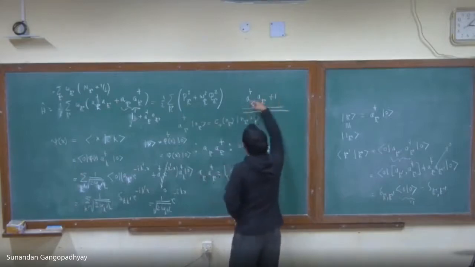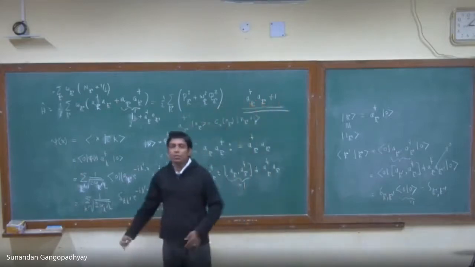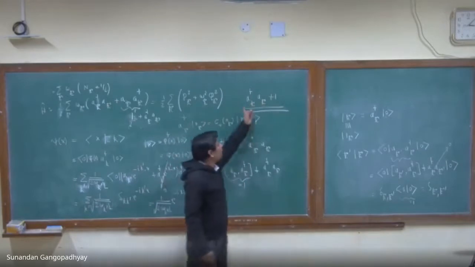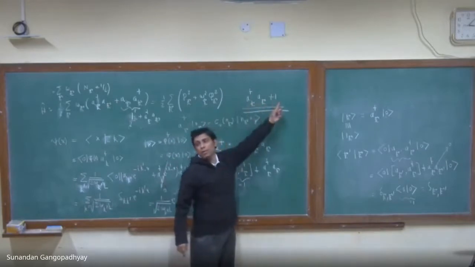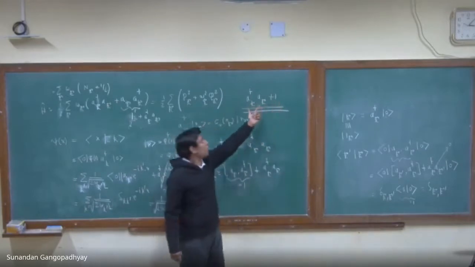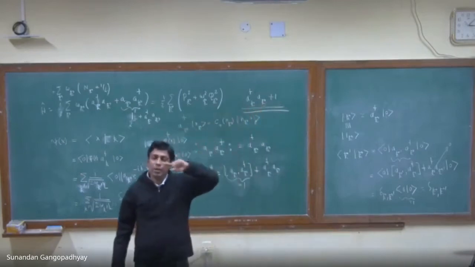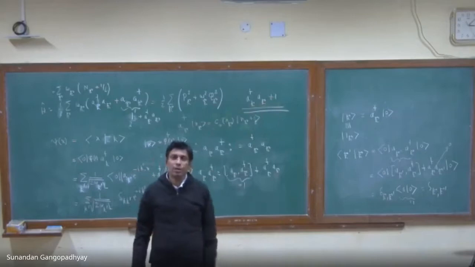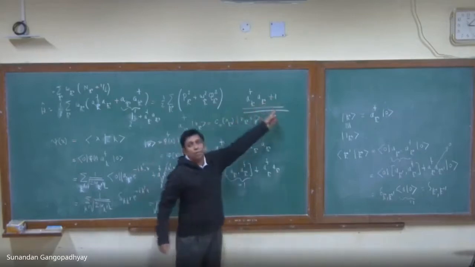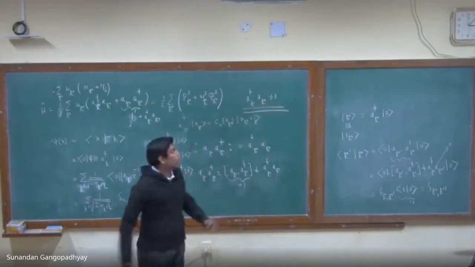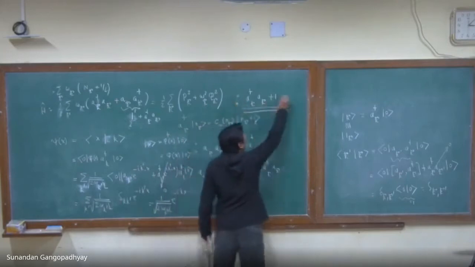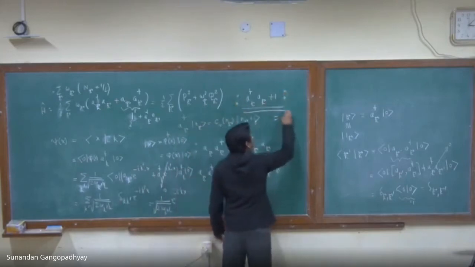See, this operator does not make any sense to normal order, or normal ordering of this operator will give you this one, because normal ordering by definition is what? Put all the creation operators to the left of the annihilation operators. It is already in that form. So if you normal order this, it will give a dagger k, ak plus 1.